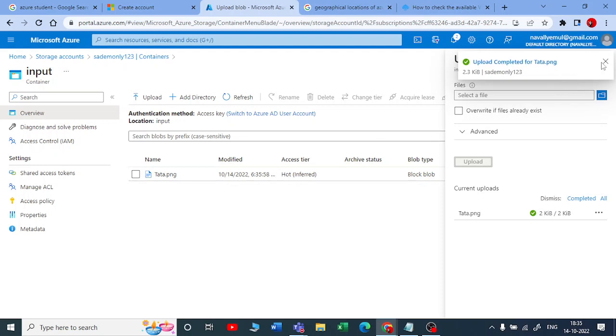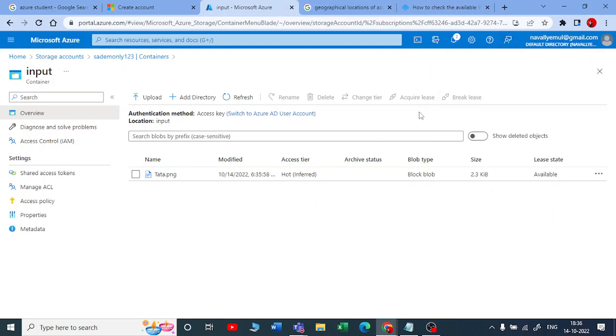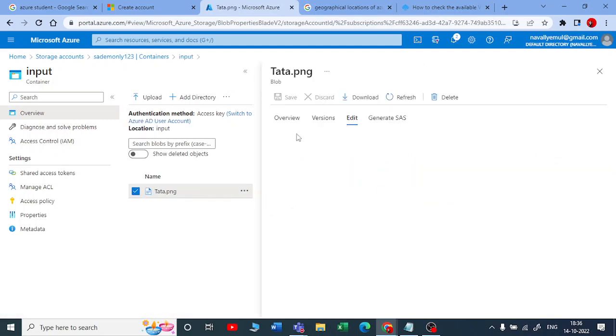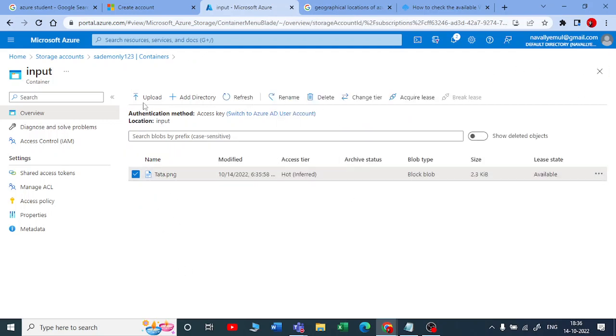It's very simple, just the way we do in our drive, Google Drive, in the same way. You can click here and click on view and edit. You can see that there is one image, a Tata Mutual Fund image. I can fetch that into my blob storage or your ADLS. If you want, you can just upload it.